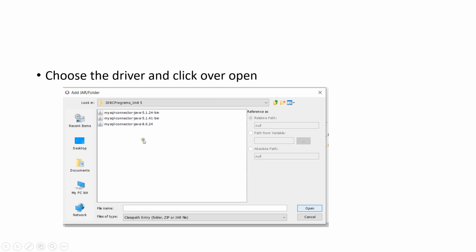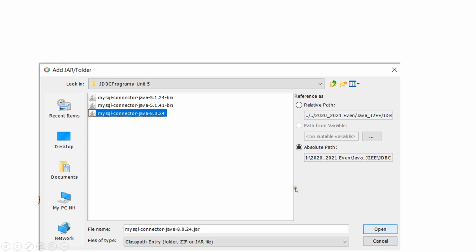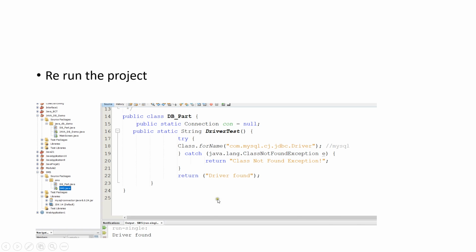In my case, I put all the drivers in one folder. As you can see, this is a driver. You can see the Java symbol, the coffee cup mark, MySQL connector Java 8.0.24. Click over open. First you select it, click over open. So that means this particular jar you are going to add to the project.